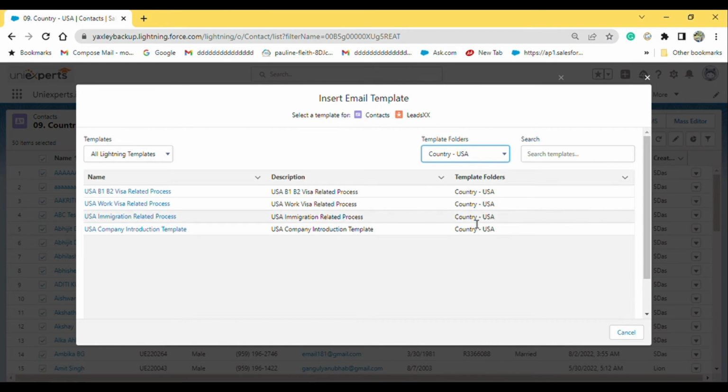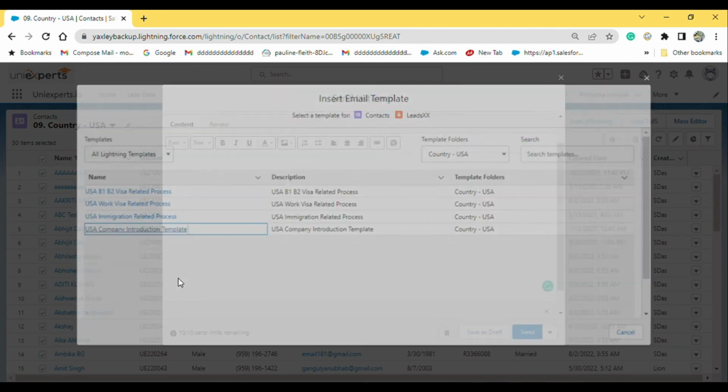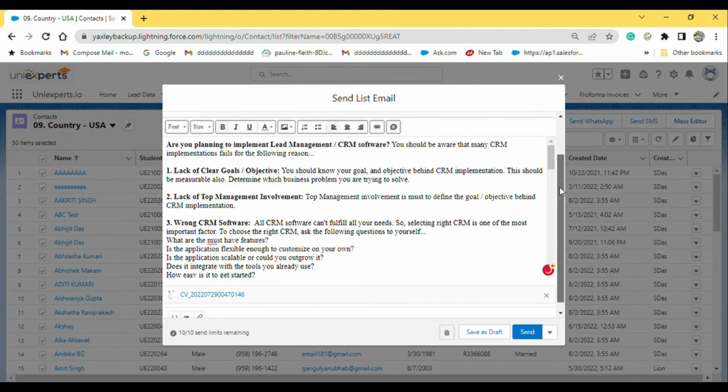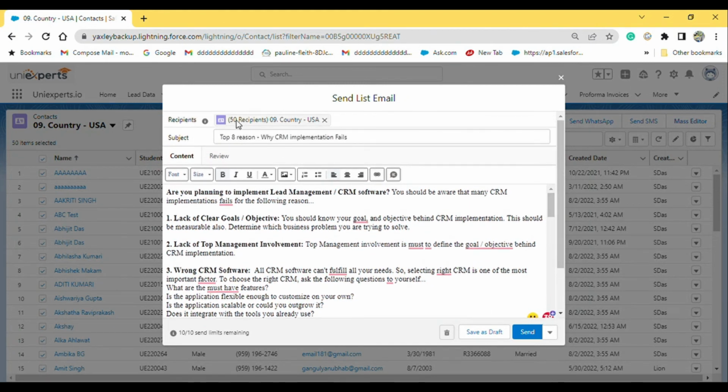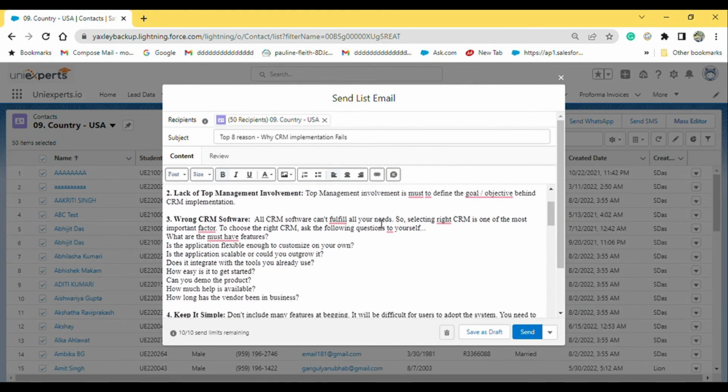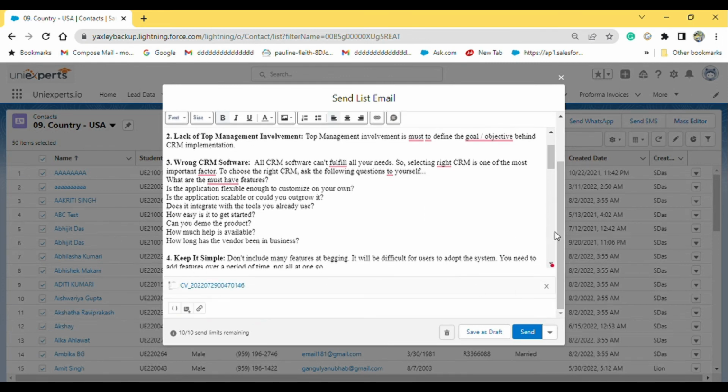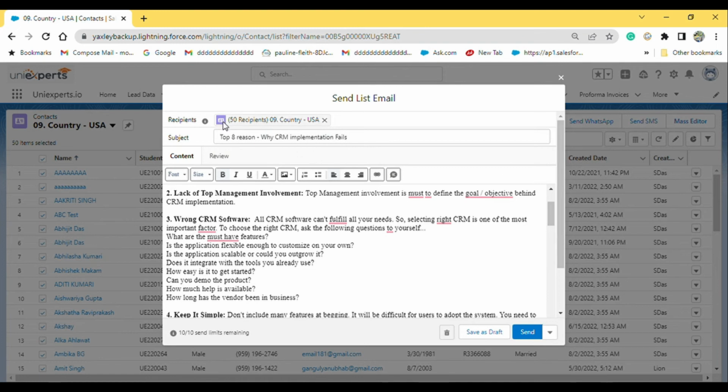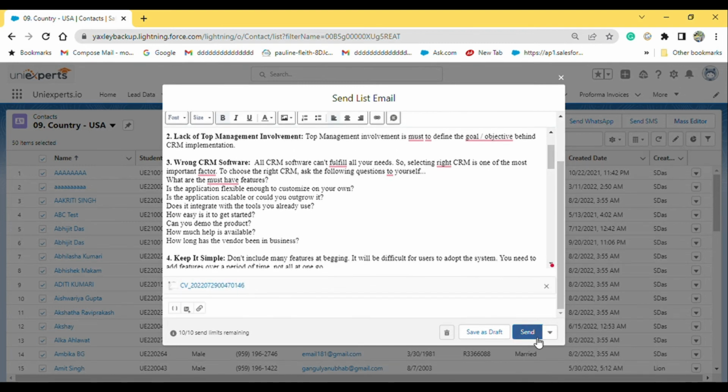So let me go to country USA. So when I go to country USA, I can see there are 4 templates available. I can select any one of these templates. So immediately that particular template is coming here. There is a subject, there is a body of that email template, and there is an attachment also, and all the people are available here. So then what you do next, you click send and you can run your campaign right now, or